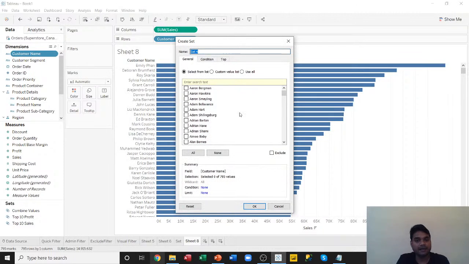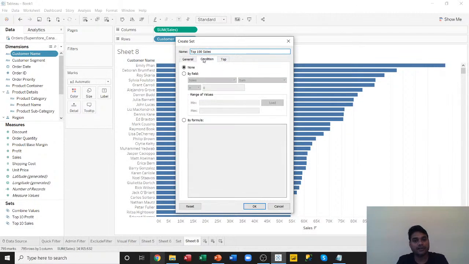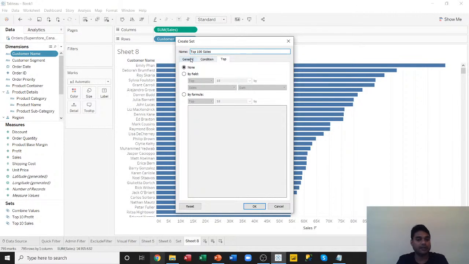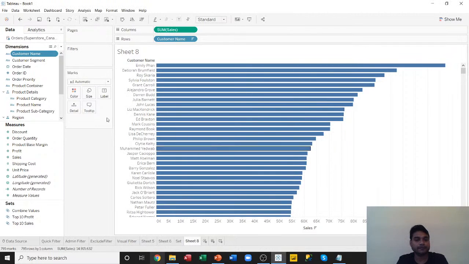And I can name this as top 100 sales, and we have 3 options over here: general, condition, and top. I will be talking about these two in the advanced level of discussion when I will be talking about the advanced filters and all. In that time I'll be talking about these 2 options. For now, let's concentrate on the top value option over here. What I have done, let me show you again. I created a report in terms of customer name. I'll select the customer name,